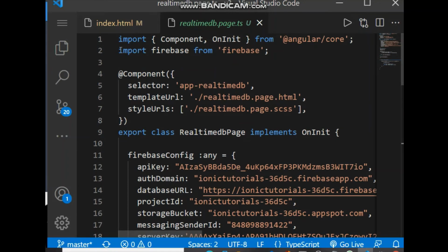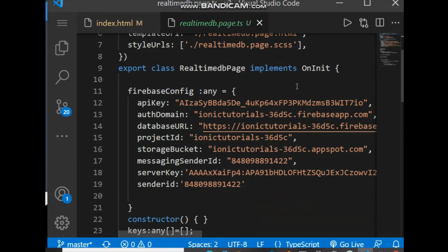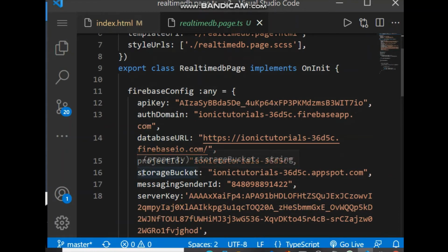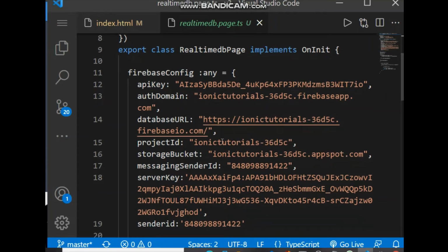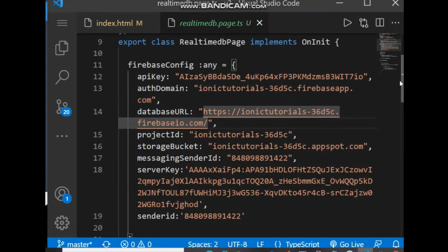And on the page we import Firebase here, and we use the Firebase project details here like API key, auth domain, database URL, project ID, storage bucket, messaging sender ID, server key. You can use what you use in the project. Like if you're not using storage, then you don't need to include storage bucket, message sender ID like this. But currently I'm using database, real-time database, so we must add database URL here. So this is the database URL, and after adding this Firebase configuration